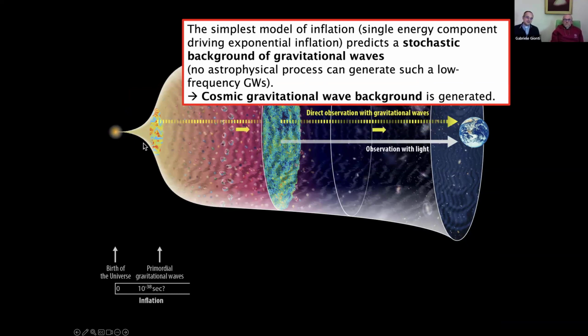So what I'm going to speak to you about today is to use the gravitational waves to study the gravitational background which was produced during this very quick expansion at the beginning of the universe, this inflation phase, very close to the Planck scale. You see the time scale is really, really small, 10 to the minus 38 seconds after the initial singularity. And in order to do this, we need